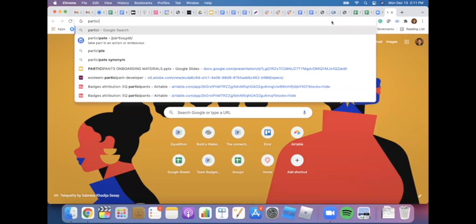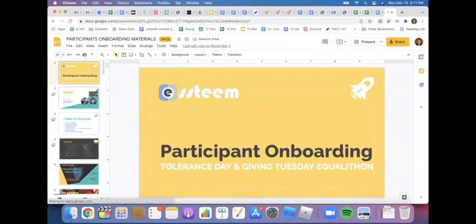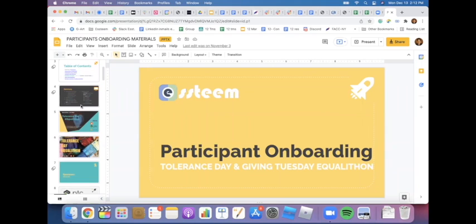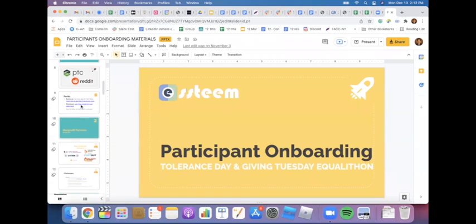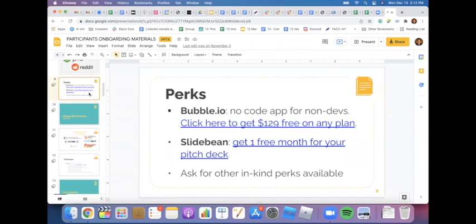document that I've shared on your Slack, you should be able to see it when you open it. This is the one for Tolerance Day that we've made last month, but there is a new one that's just for Accessibility Equalithon that you have access to. And on one of the first slides, probably slide number 7 or 6 on your end, there's this link here